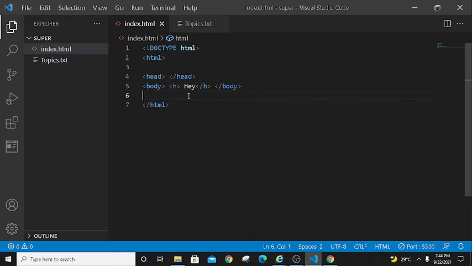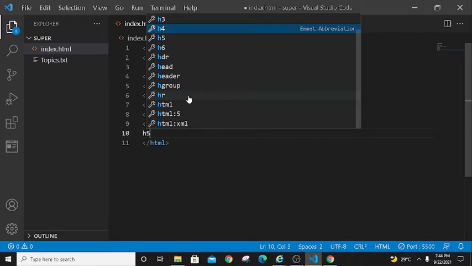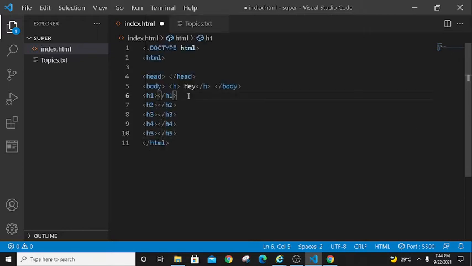There are many types of heading, like h1, h2, h3, h4 and h5. The difference between them is very basic, so I will show with the help of an example.